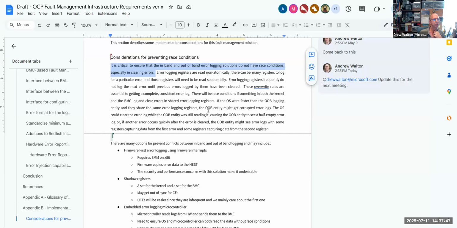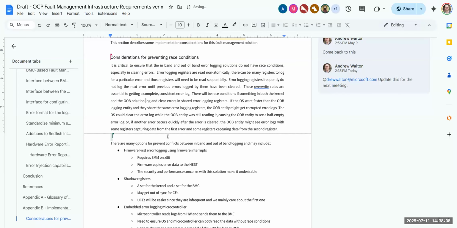One thing I would say is both the kernel and out-of-band solution, instead of BMC. Because the out-of-band solution may not be the BMC, it may be a microcontroller inside the SoC. So if that's okay, I'll say OOB solution.